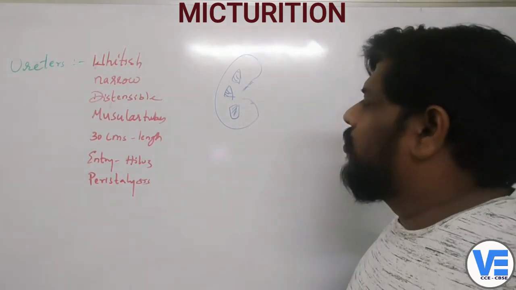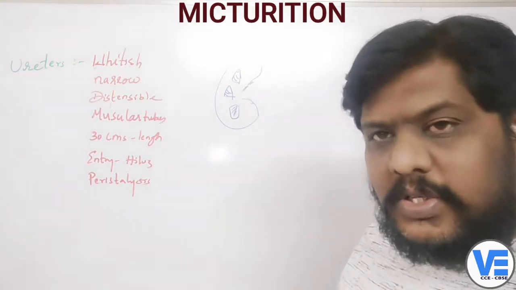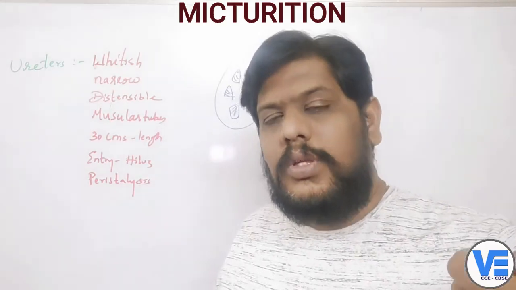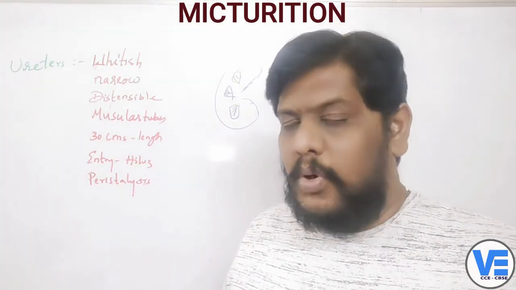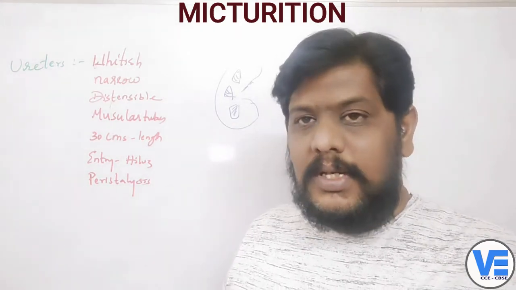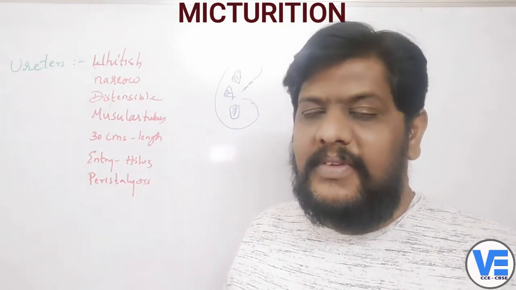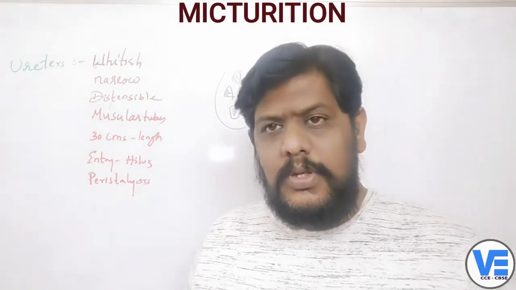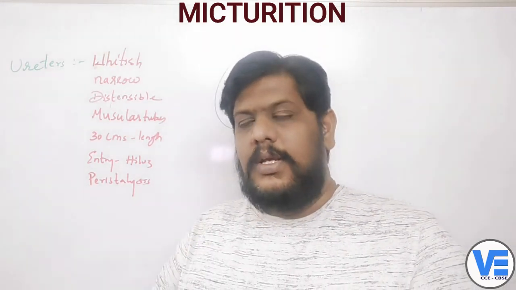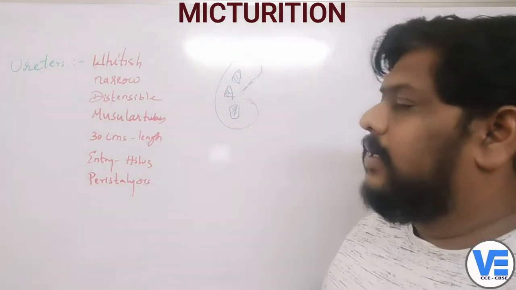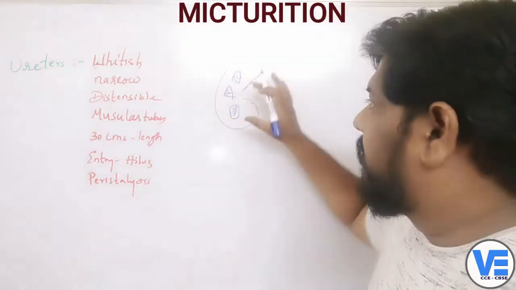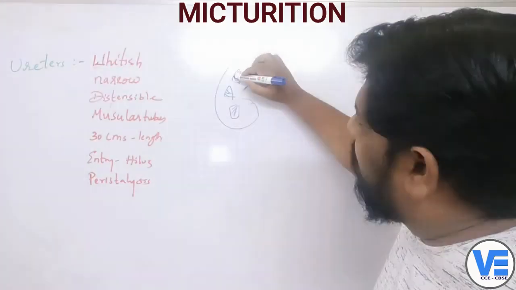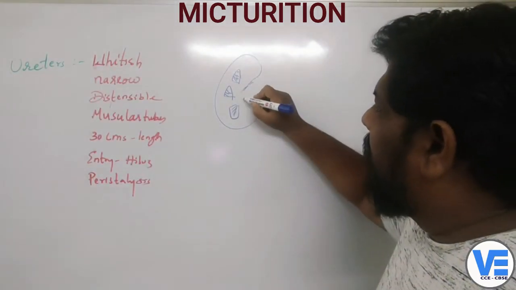We have also seen the structure of the nephron and also the parts of the nephron, like Bowman's capsule, proximal convoluted tubule, distal convoluted tubule, loop of Henle, and also the collecting tubule. So apart from all these things, now we are going to learn the other parts of the renal system. We have learned about the kidney and the structure of the nephron. And now what we'll do is